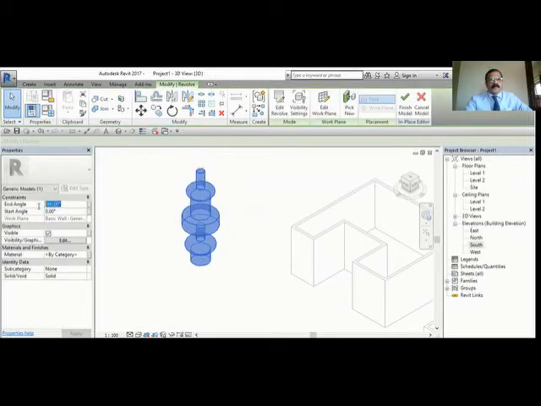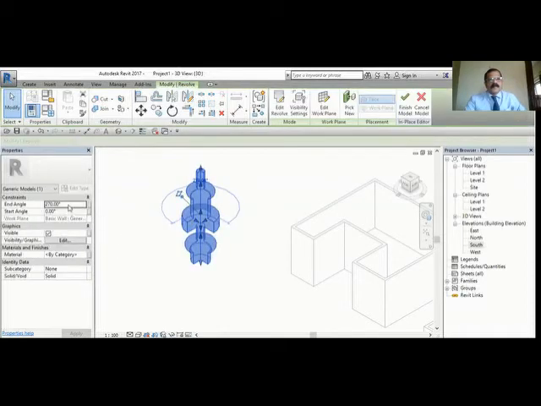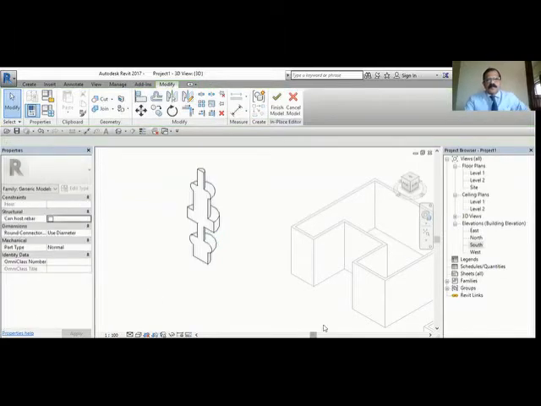You can make it 270 degrees. So it does not create the full revolution. Suppose you rotate it only 180 degrees. See, it rotated 180 degrees and created the object.